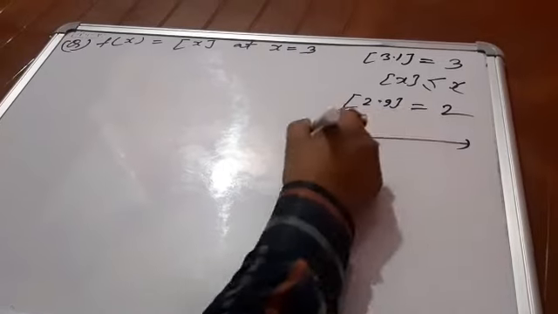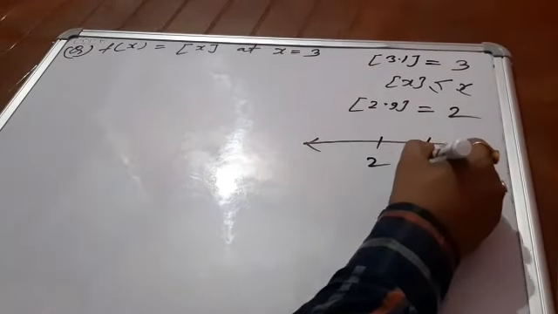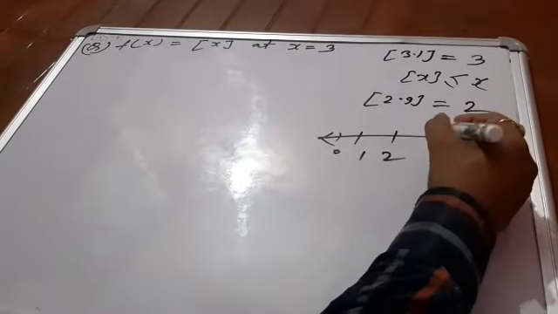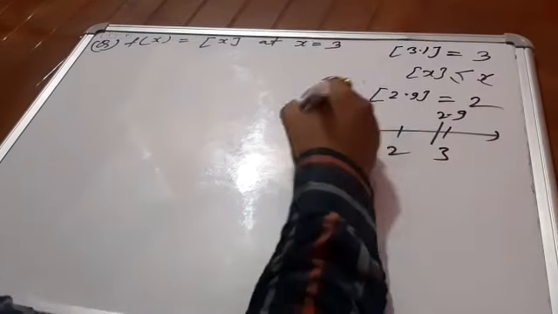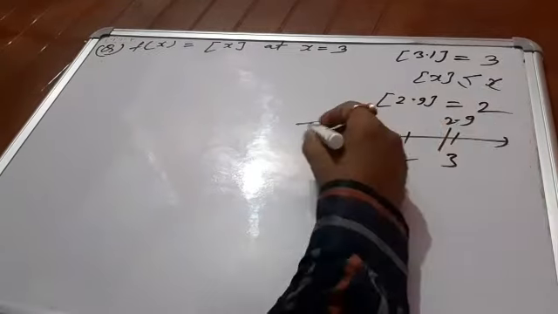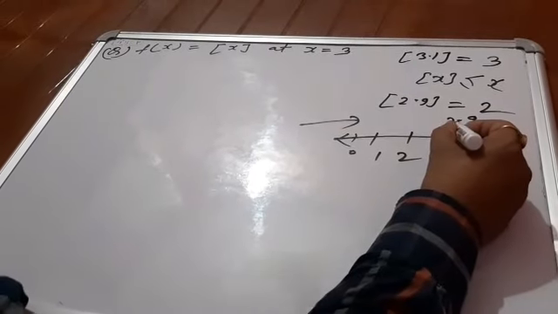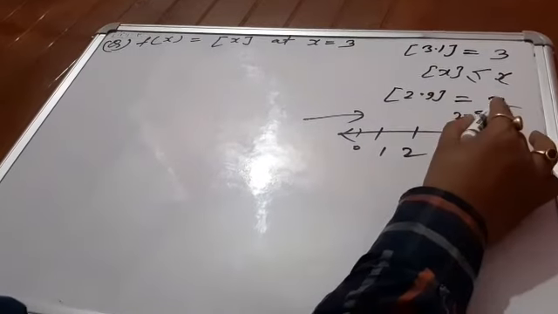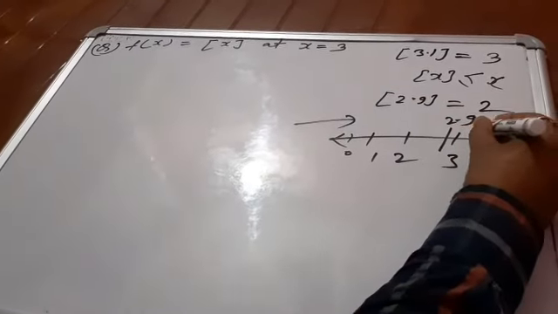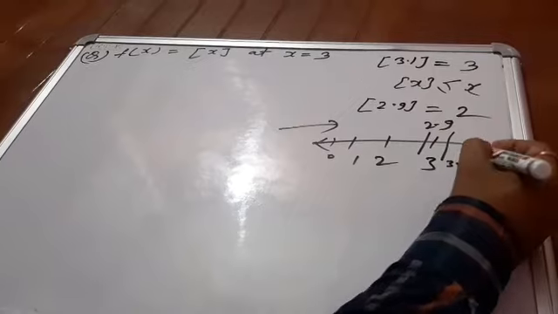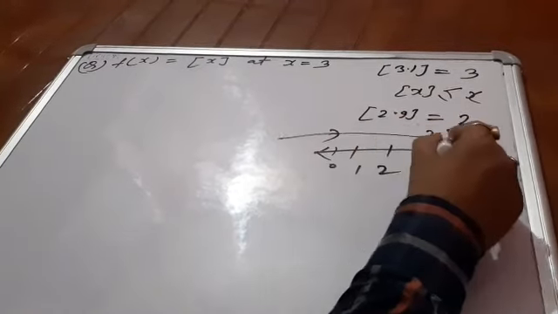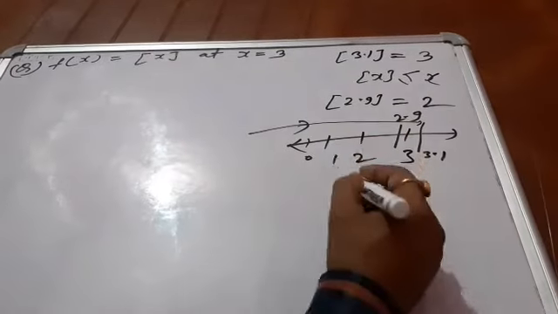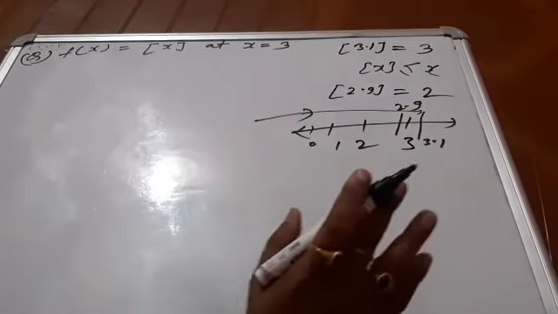I told you, like here it is 2, here is 3, here is 1, here 0 and so on. So 2.9 is somewhere here. As we move from here up to 2.9, which is the greatest integer included? It is 2. So greatest integer of 2.9 is 2. But 3.1, where will 3.1 be? Here is the 3.1. So up to 3.1, which one is the greatest integer? It is 3. Okay, that is the meaning of the greatest integer function.